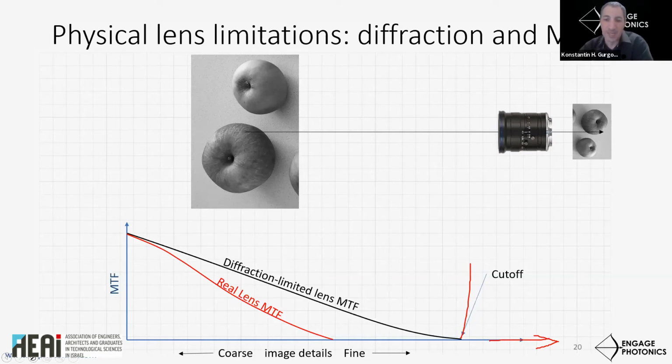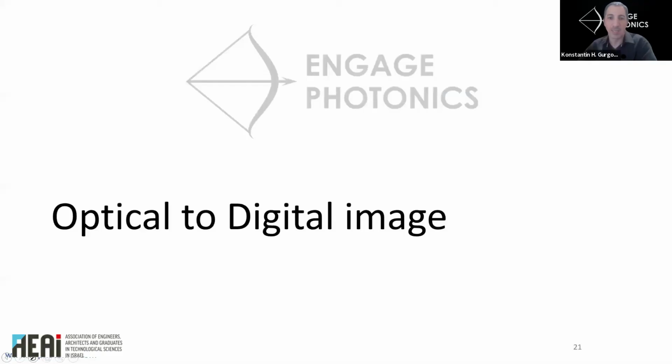MTF is an informative and simple merit of image quality. However, the factors that influence it are very numerous and complex. Lens resolution is just the starting point, from which every added component like image sensor, optical window, filter, assembly accuracy reduces the resolution. It is the job of the optical designer to make sure that the lens delivers the required resolution together with all factors taken into account.